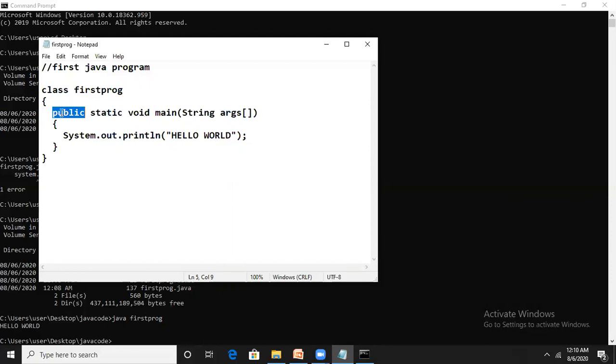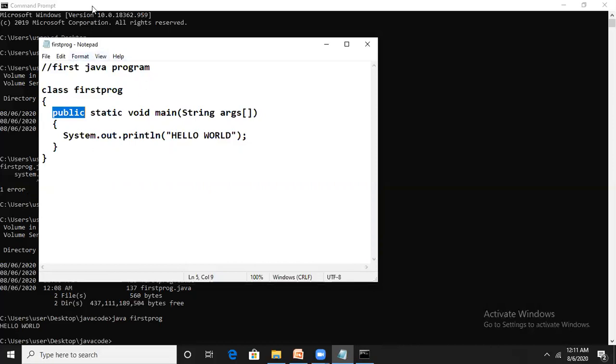In Java, there are many access specifiers. If you want your method to be accessible outside the class, then it should be public. The main method is an entry point and we are calling it from the Java interpreter, that is from DOS, which is outside this class.